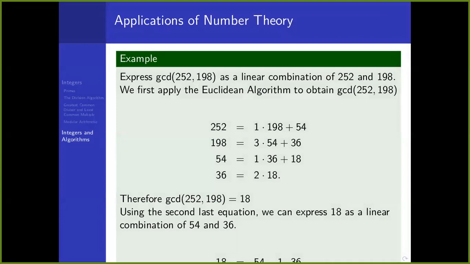How we get S and T is you have to start working backwards. There's a line here that you will not see clearly, but I will state it at the bottom of the slide. There's a line that was taken a little too low, but I'll fix it before I share. So in this line, we start by working backwards. We start from the second last line. We see that 54 and